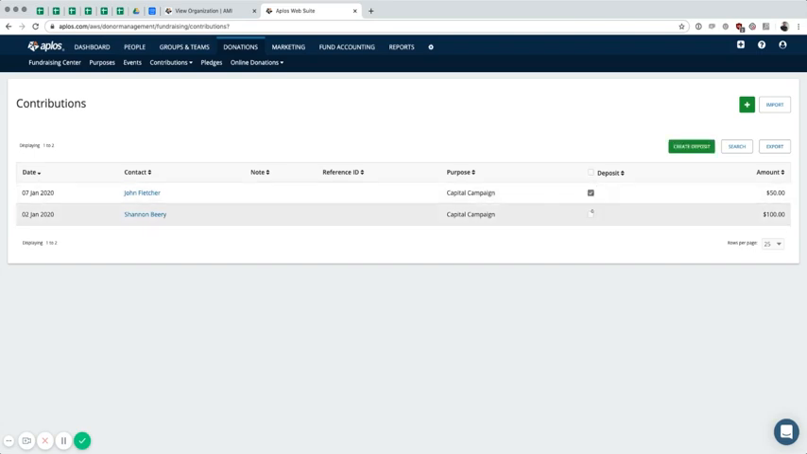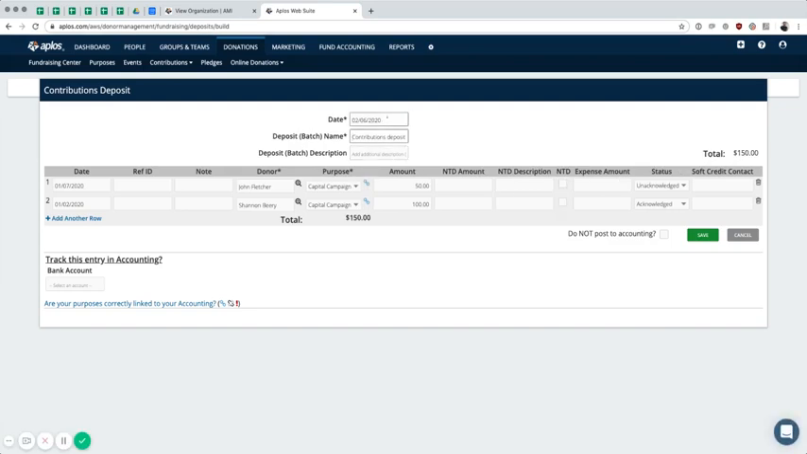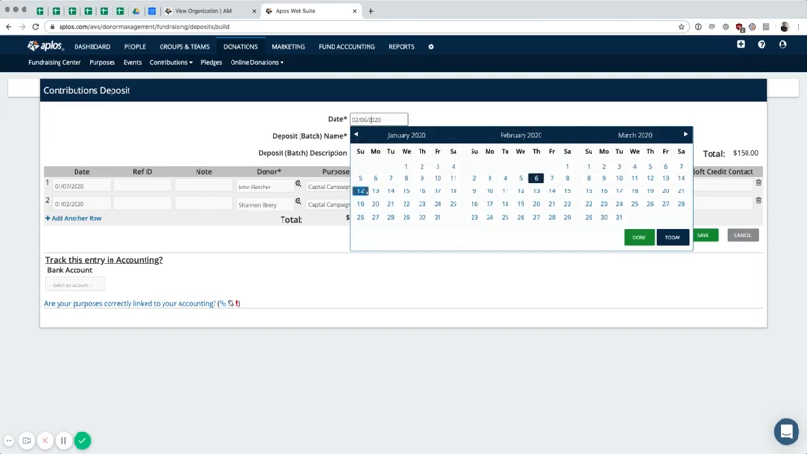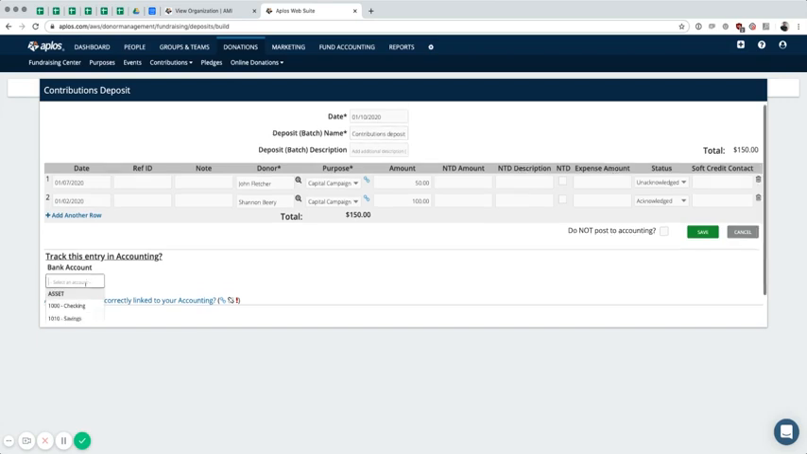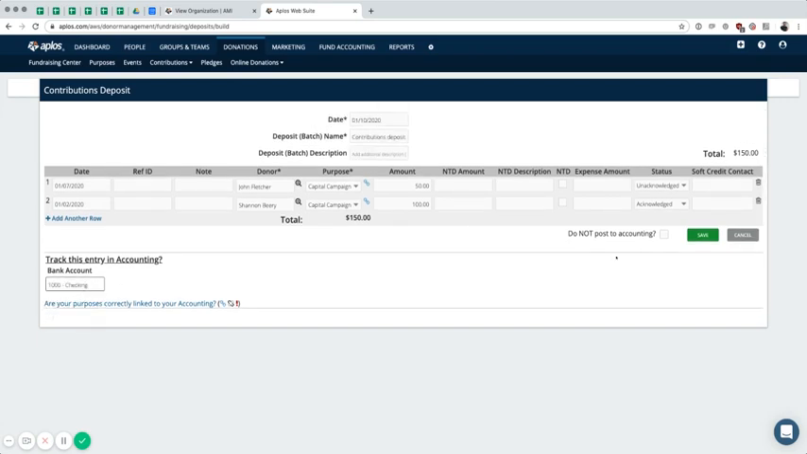So what I can do here is I can click these two contributions and say create deposit. That's going to bring me to this entry screen here where I can pick when I went to the bank. Let's say I went to the bank on the 10th, and the deposit name, I can customize that if I'd like. Otherwise, it's got these two donations as a part of it. And I'm going to say I want to post this into my accounting, into my checking account, and then click